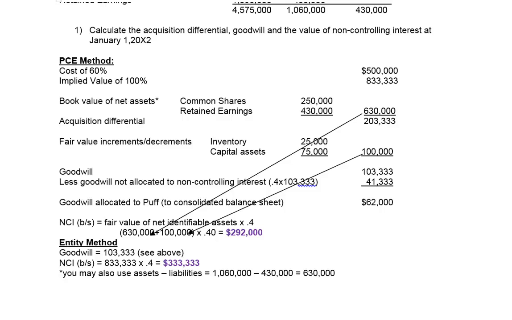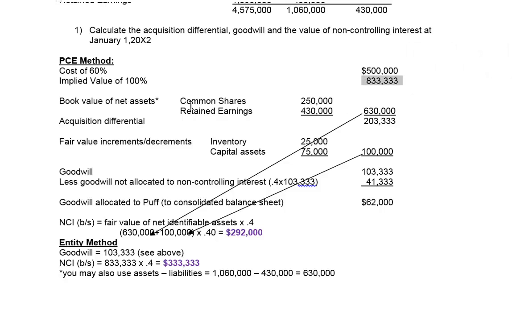Okay, so using this method to calculate the goodwill assumes that we would have paid $833,333. But as we've read, the parent company extension theorists don't support that method. They don't support a linear assumption. They don't believe that you would have paid $833,333 to get a 100% share just because you paid $500,000 to get a 60% share. And that is what underlies the difference between the entity theory and the parent company extension theory. So with that difference in mind, we're going to compare this